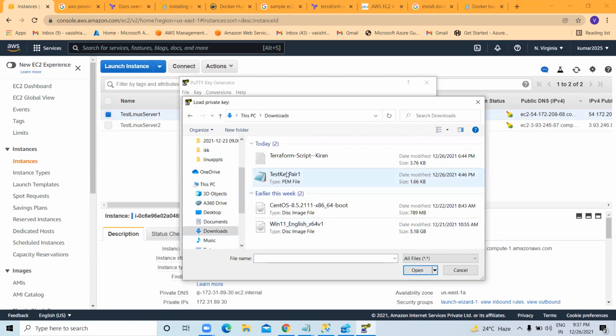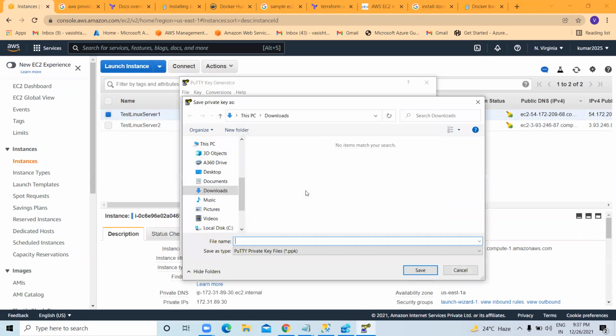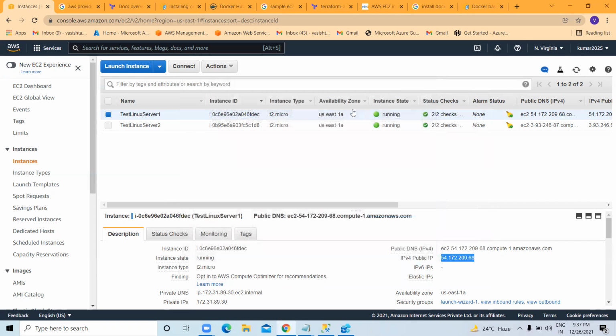Select all files. So this is my test key pair. Open, click OK, save as private key. Yes. Test key. Save. So by using this private key, we can connect by copying the public IP address and